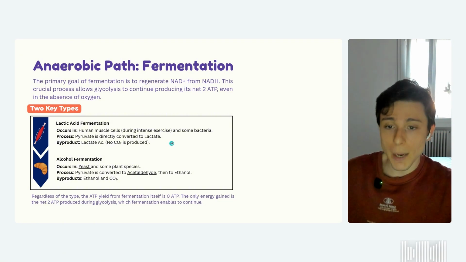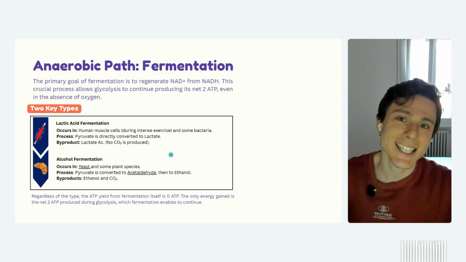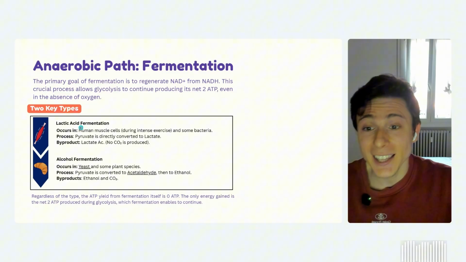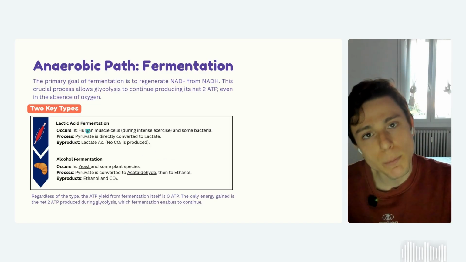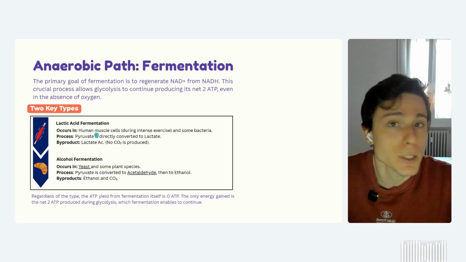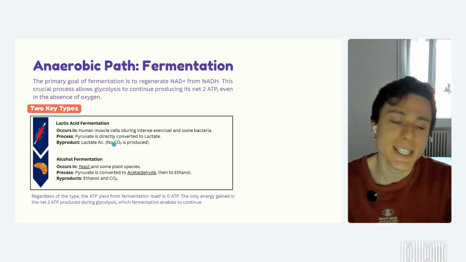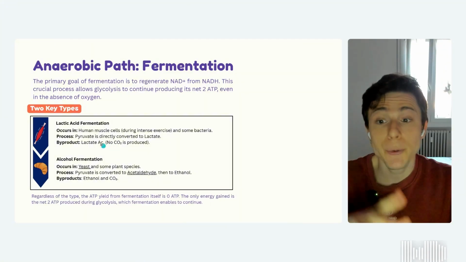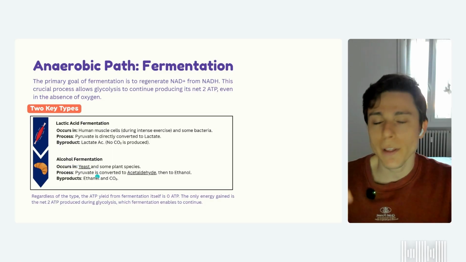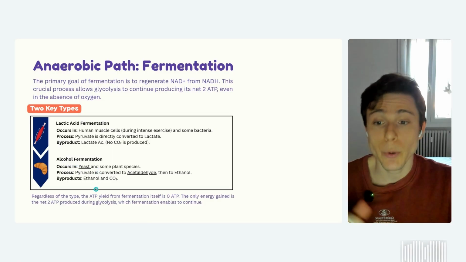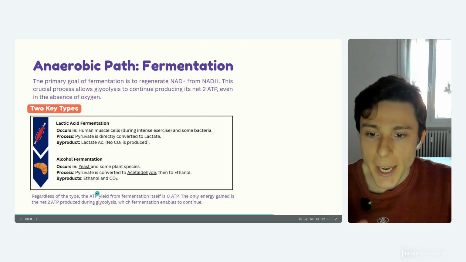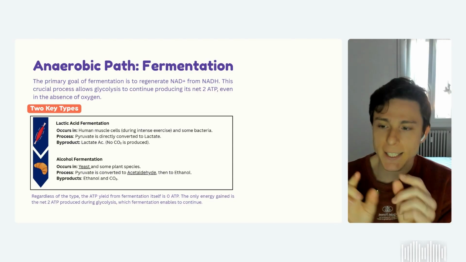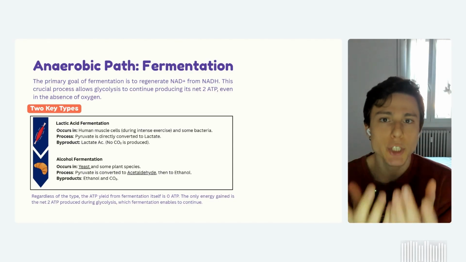We're gonna have two different types of fermentations. They both take place in the cytosol of the cell, but they are going to happen in different organisms. So we're gonna have the lactic acid fermentation, usually the one that is most asked because it happens in human muscle cells. Not only that, it also happens in the blood cells, in our liver, and in some bacteria as well. And we're gonna have the alcohol fermentation. That's the one that people usually think of the most. That's where we're gonna produce alcohol, obviously. And it's gonna happen in yeast mostly, and some types of plants. Remember, yeast is a type of fungus that is basically built by just one cell.